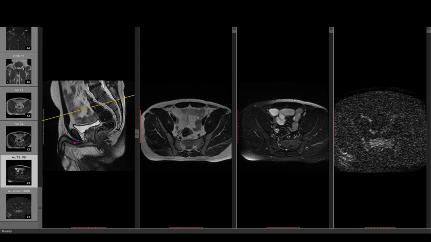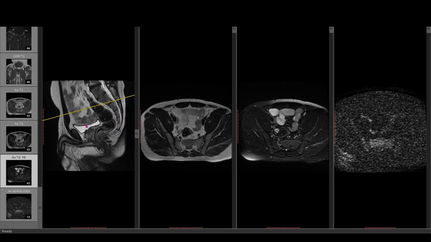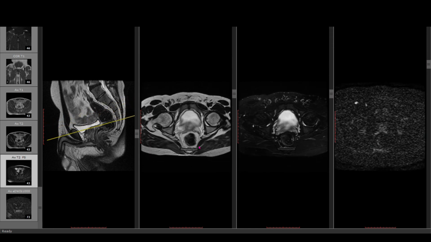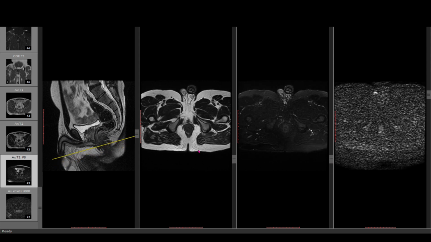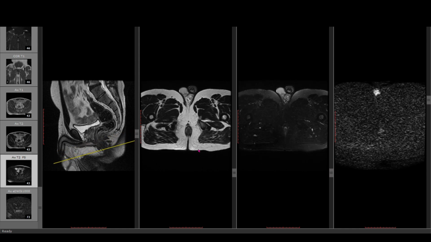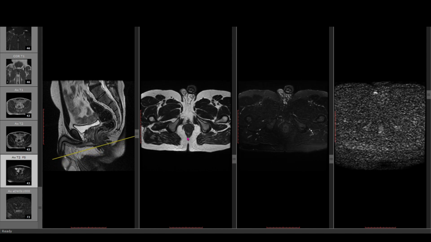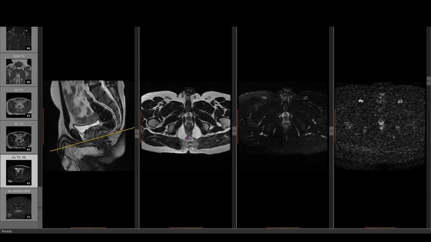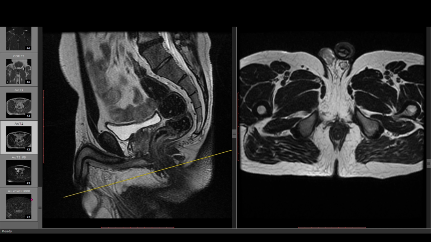For the images you should assess for a fistula, you should mainly start from a sagittal T2 weighted image where you can track the track, if at all it is present, and then follow it up on an axial image, or you can select any order of your choice. In this particular case, it's quite difficult to see the track because there is no obvious track in this patient. You have to be very careful in such cases because of an intersphincteric tract, especially when it is in the anterior half, as in this case. So we'll reduce the number of sections and put only the relevant images.